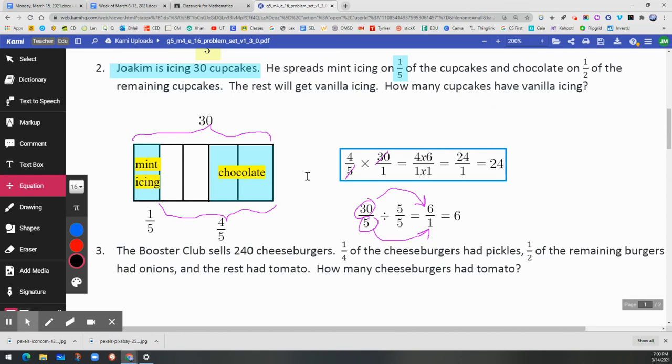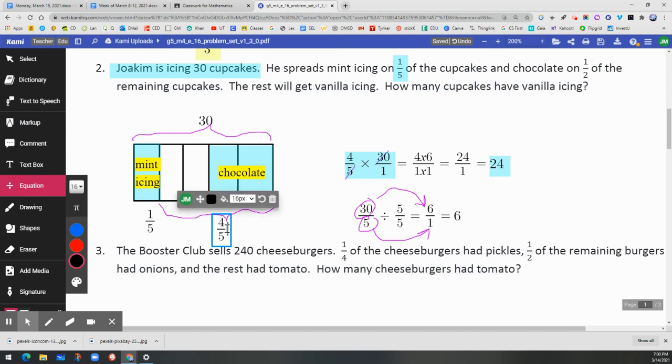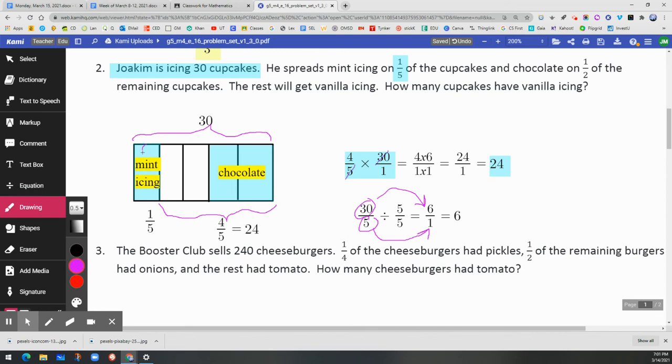Now, let's identify this. 4/5, okay, so here's what you need to remember. 4/5 of 30 equals 24. So that means this whole thing, this 4/5 right here, equals 24 cupcakes only, not the 30. Okay, so if you look at the math of this, you have 30 cupcakes and 4/5 is 24. So this, based on what we just found out,